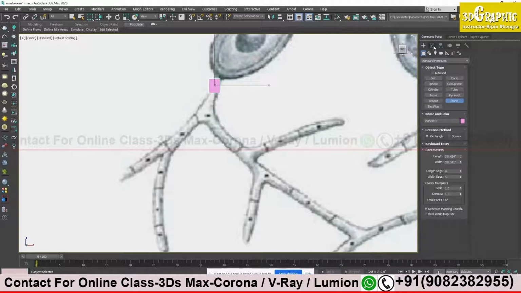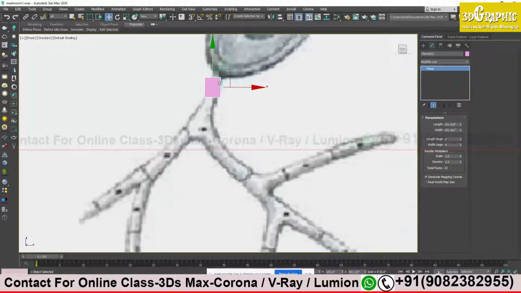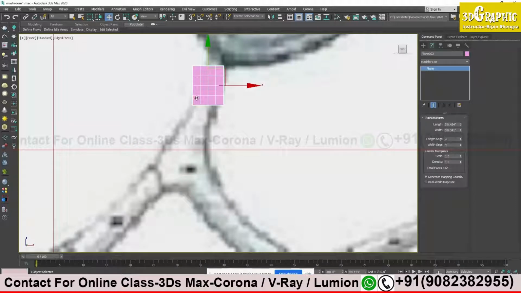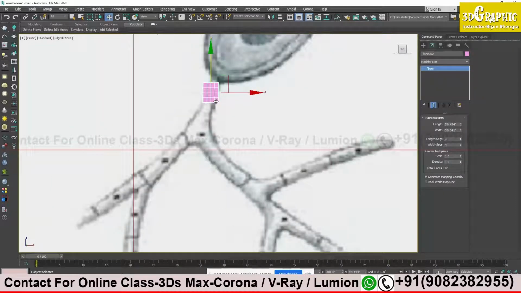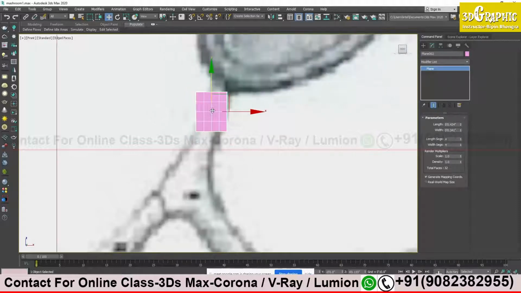I will come to the properties over here, and now I have to work on the properties of this plane. So I will press F4. You can see it has segments. I don't want these segments. Whenever you are going to model something, try to model without these details. The less detail there is in a model, the more helpful it is for you to manipulate the model.